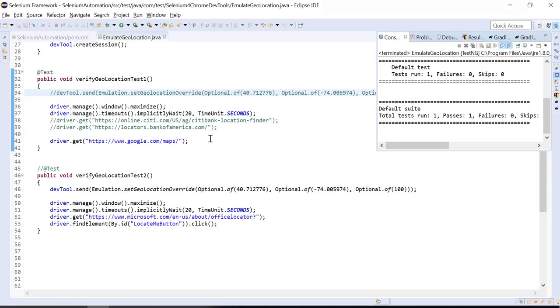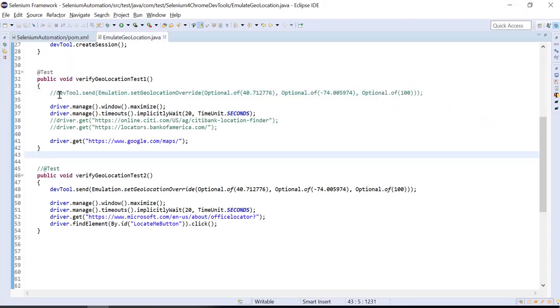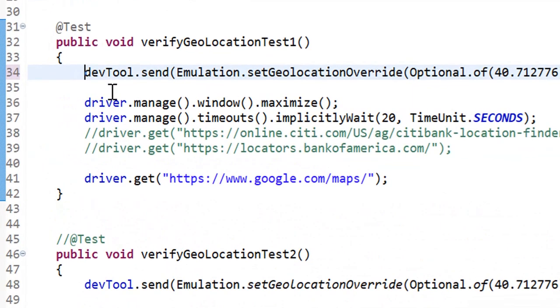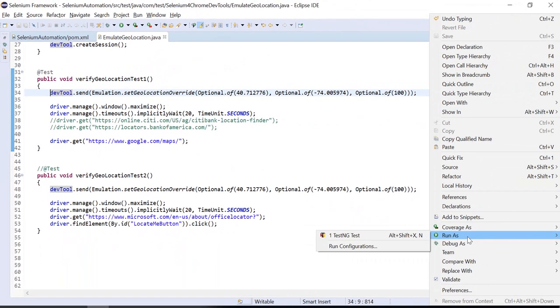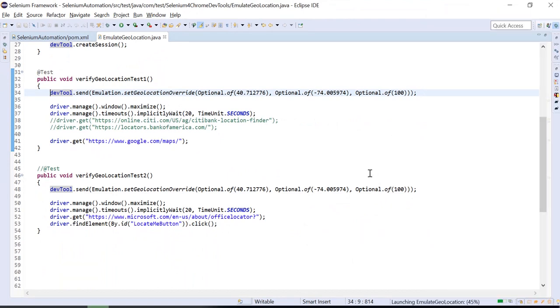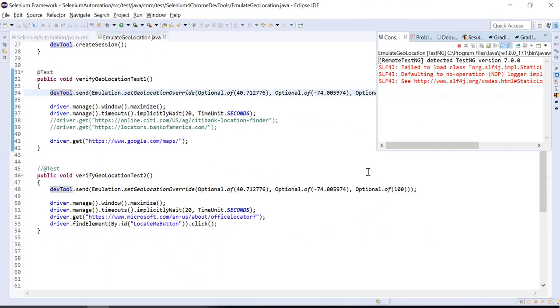Let me close. Okay, let me uncomment this line. As per this code, it should load the New York City map, right? But it is not happening. I tested earlier, so let me show you.